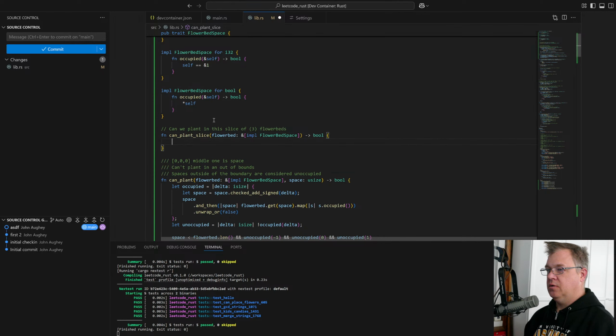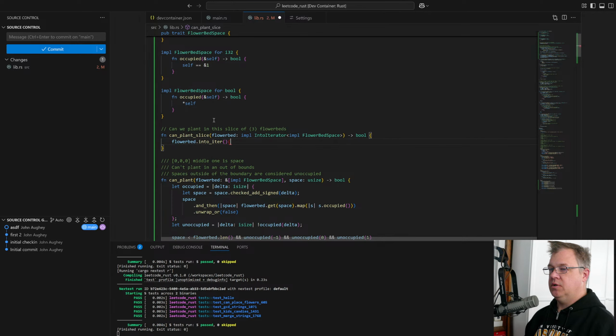And this is really flower bed all, so this is where this needs to be an impl of an into iter of these sorts of things.